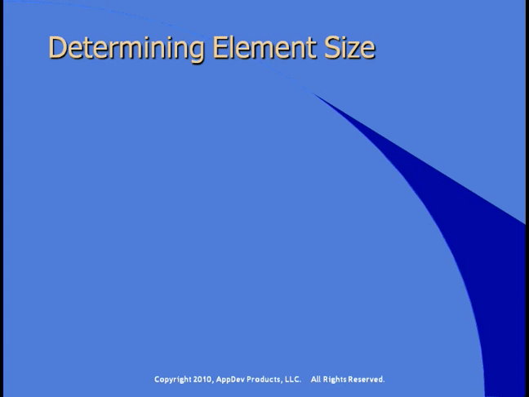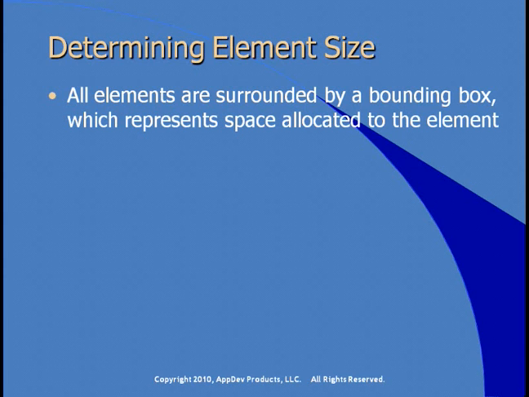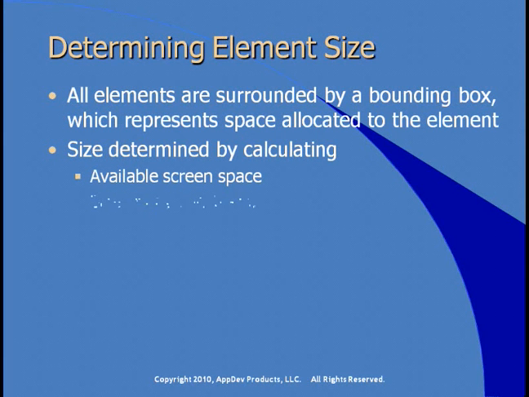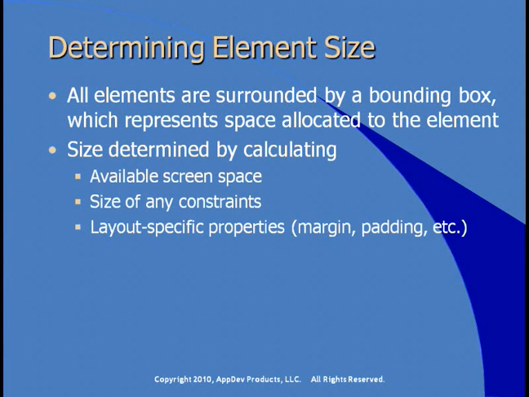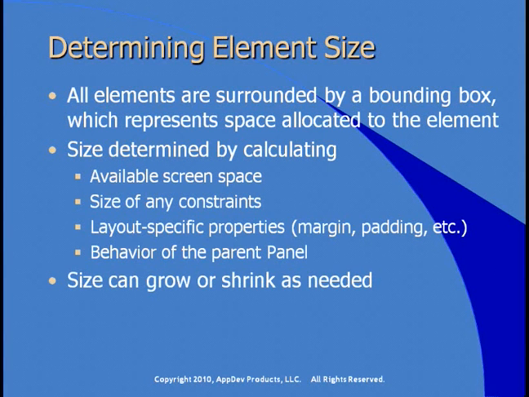So how does the XAML layout system determine what size elements should be? Well, all elements are surrounded by a bounding box, and that represents the space that's going to be allotted to the element. And then the actual size at runtime is determined by calculating a number of things. What's the available screen space? What's the size of any constraints, such as the size of the container the element's in? What are the values of any layout-specific properties like margin and padding? And we're going to see those in a second. And then what's the behavior of the parent panel? And then therefore the size of the element